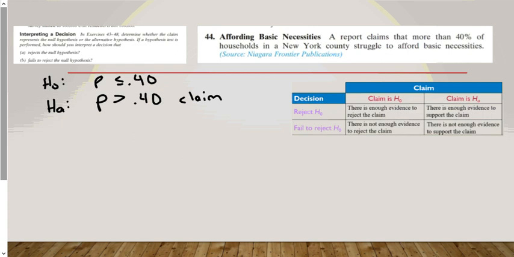So what about if we reject the null hypothesis? If we end up rejecting the null hypothesis, if we get evidence to say, look, we can reject that, we can come over here to our chart. Remember, our claim is for the alternative, and we were able to reject the null, and so that means we would say this one right here. There is enough evidence to support the claim